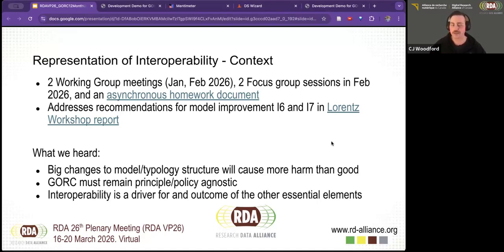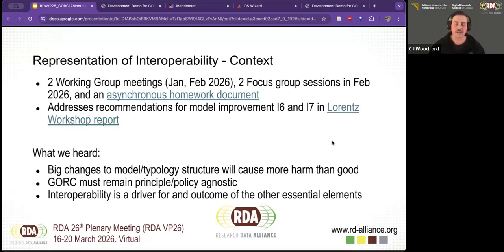And lastly, a really big thing was that interoperability is a little bit of a weird essential element. It's not really a set of considerations of things that you can implement. Like if I handed you and said, this is technical interoperability, go implement it, you would then need to break it apart into other components and say, well, I need standards and I need to consider what kind of operating systems different things are using. I need to consider if the hardware is interoperable.